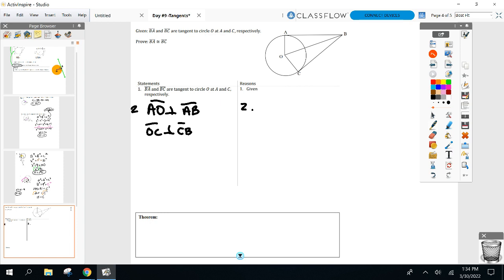All right, here's the theorem. You guys can rewrite it if you want from the first page, but radius drawn. Be careful here of your wording. Where does this radius have to be drawn to? Don't say a tangent, because look, I just drew it to a tangent. It's got to be drawn specifically to where, Tammy? Point of tangency. Radius drawn to point of tangency is,